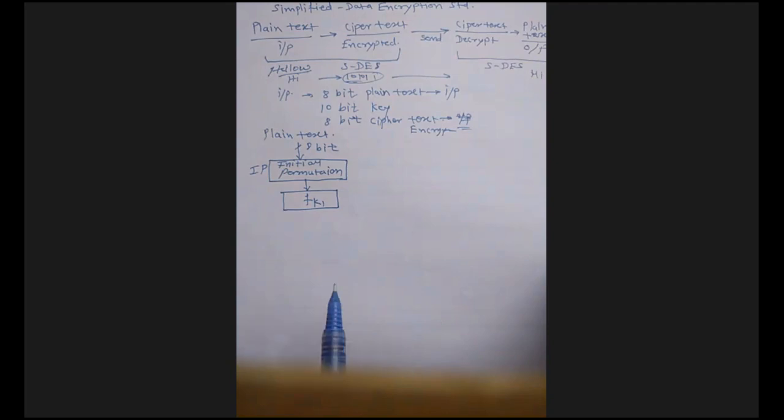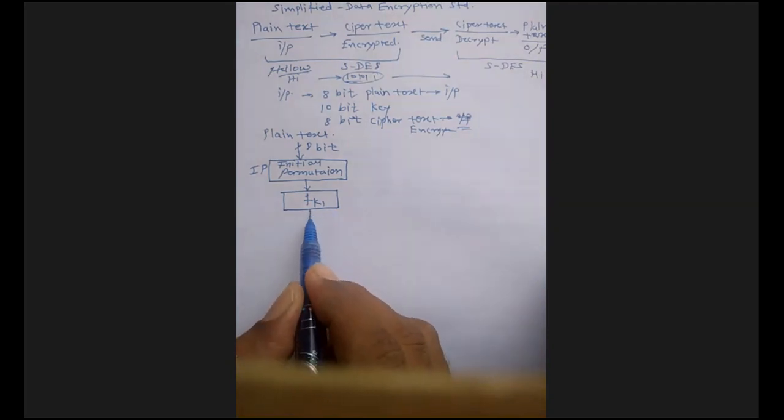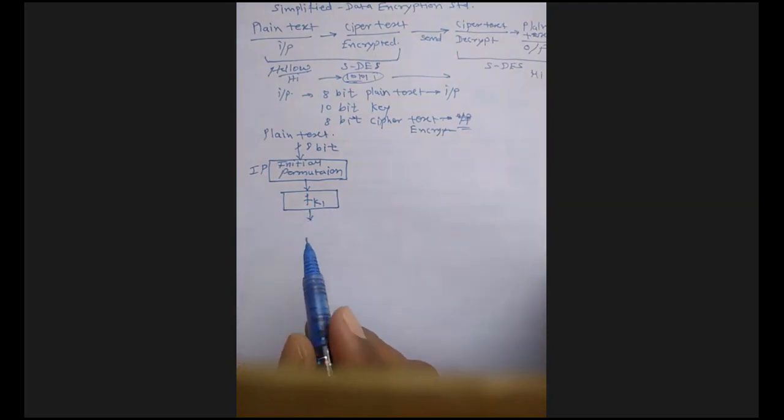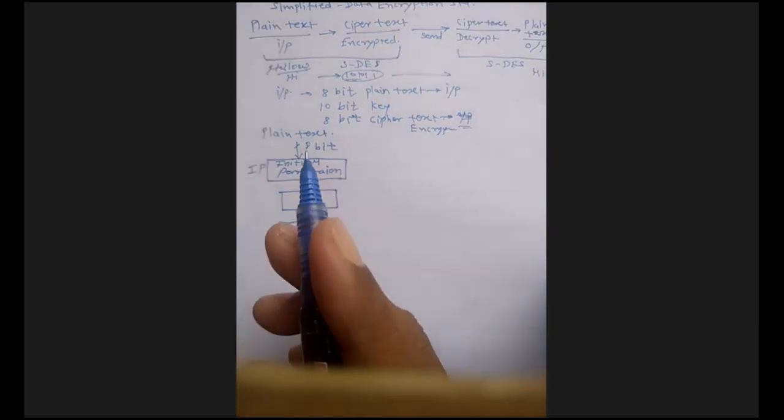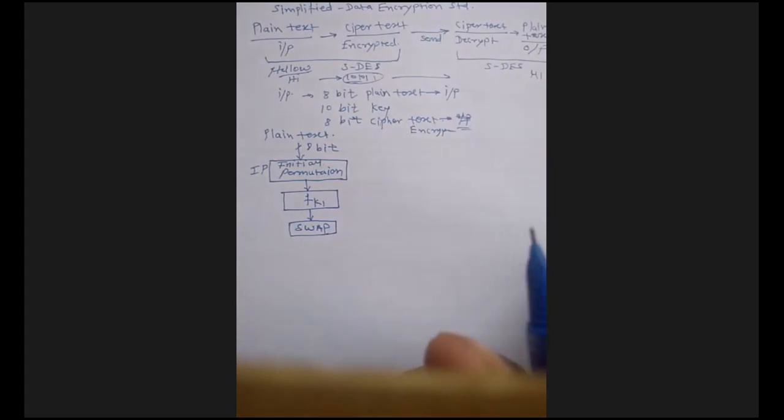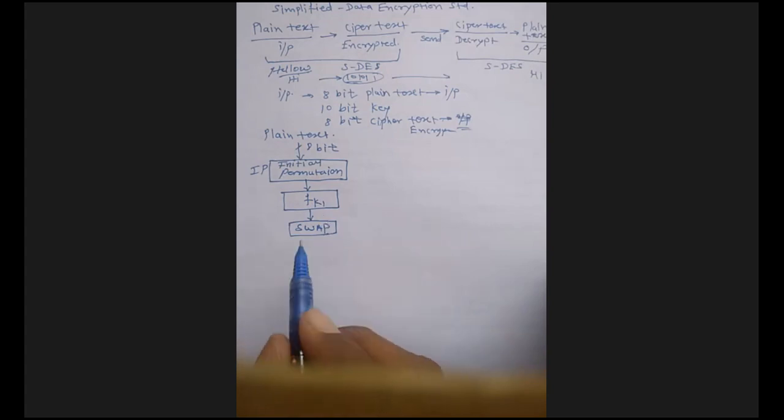Now once I have got this FK1, then they have said that you have to perform the swap. Swapping means the exchange of numbers, interchanging the numbers. Suppose I take 4 and 4, then I transfer the first 4 bits to the last 4 bits and the last 4 bits to the first 4 bits. That is the swapping. And after swapping, again you have to apply FK2.